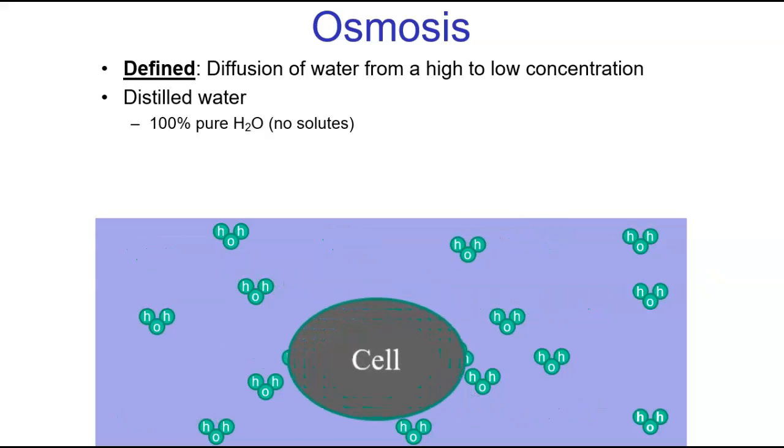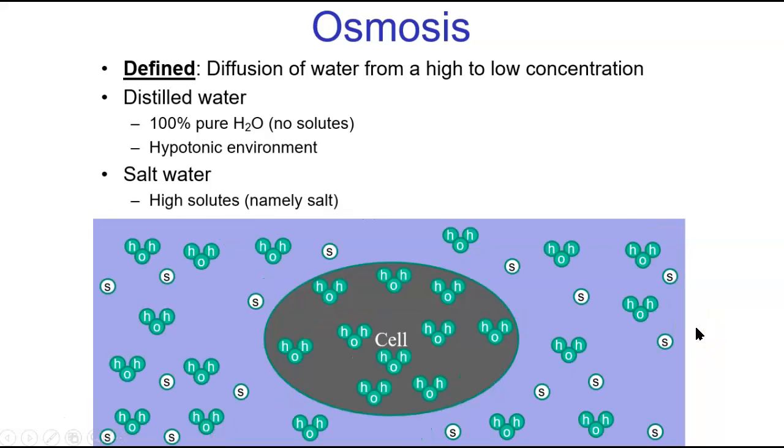Well, that high concentration of pure water enters this cell, because inside the cell there is not a high concentration of water. I'm sure there's some water, but it's not a high concentration of water. And so we call that a hypotonic environment. Hypotonic meaning a high level of